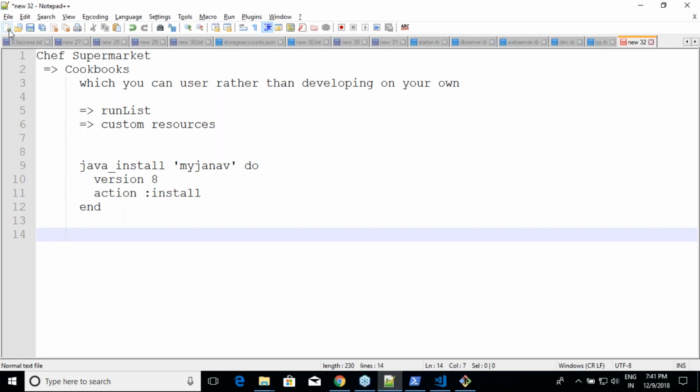Let us assume that you are writing a cookbook A, and you depend on cookbook B. Similarly, that cookbook while developing might have depended on C, right? There is no guarantee. And C might have depended on D. So whenever you want A to work, you have to install B, C, and D. That is the trouble with this approach.